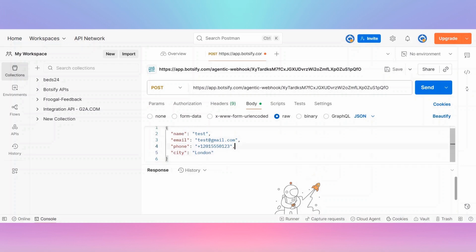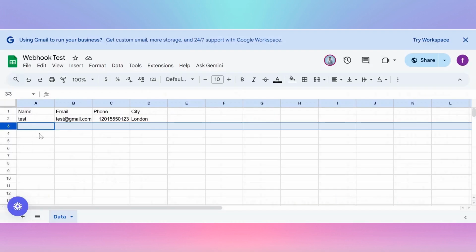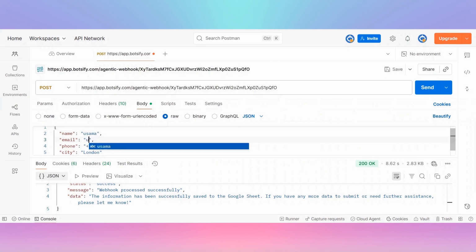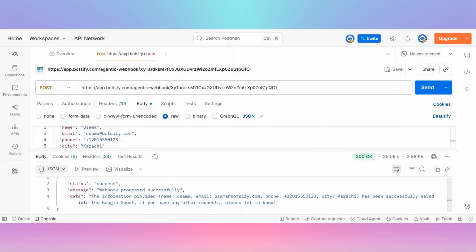Now click on Send. Perfect. The data has been successfully saved. Let's verify that inside Google Sheets. And yes, the data has been saved correctly. Let's try one more entry to confirm. Perfect. That worked too. Now, for example, if I want to fetch data from Google Sheets instead, I can simply